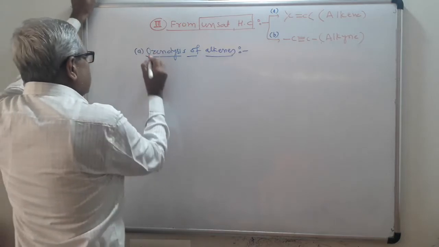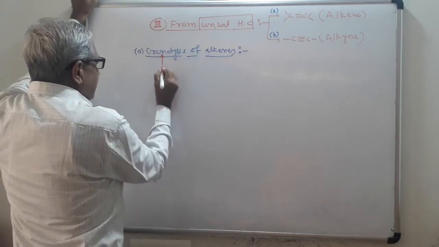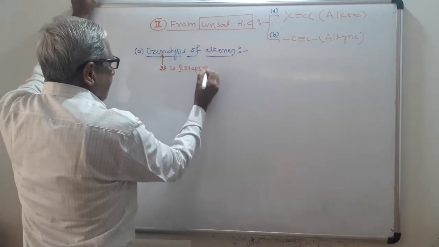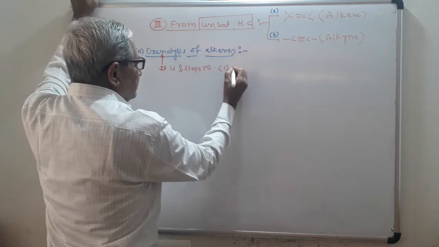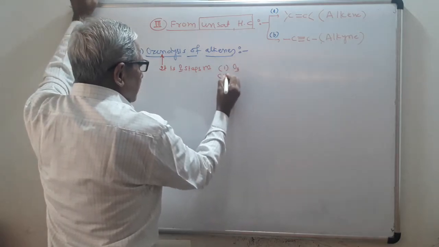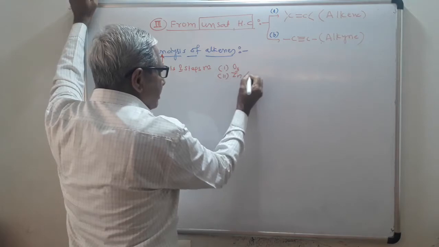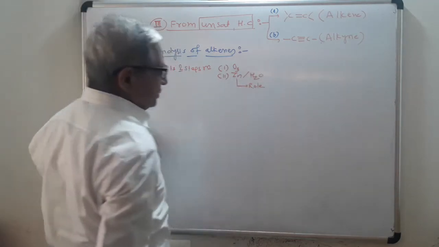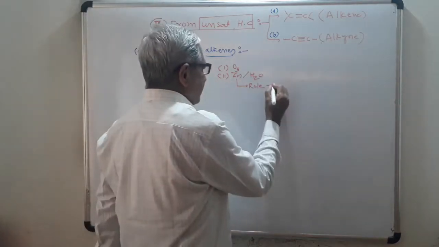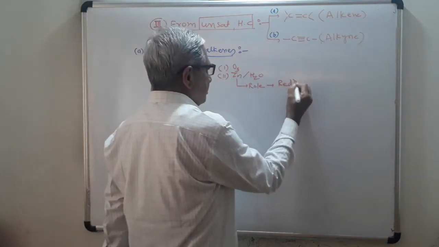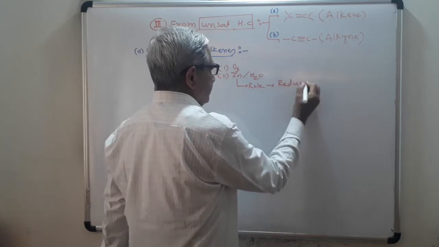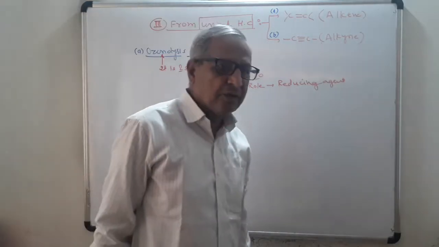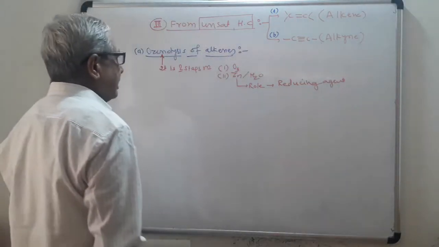Now I will set the question on the title ozonolysis. It is a two-step reaction. First step is addition of ozone. Second step is reaction with zinc and H2O. Your question is, what is the role of zinc here? The role of zinc is reduction; it is a reducing agent in this reaction. It reduces hydrogen peroxide.